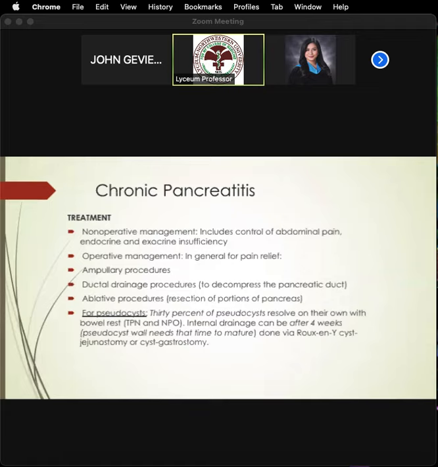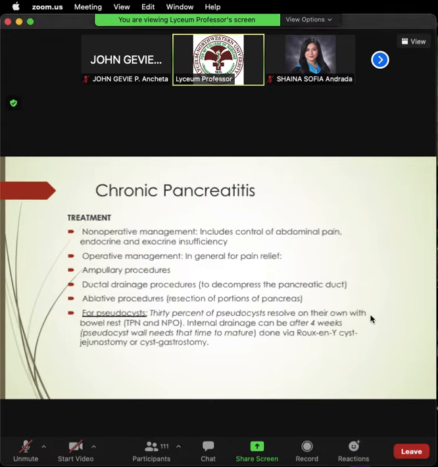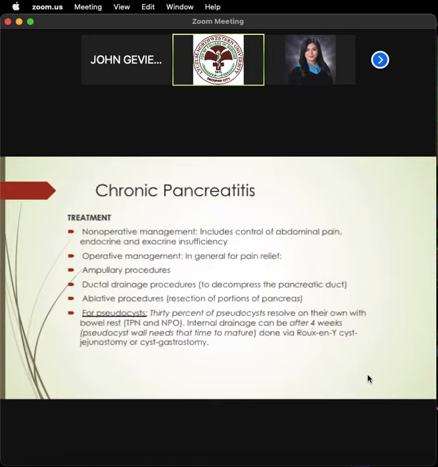So how do we treat chronic pancreatitis? Of course, there's the non-operative management. You control the pain, and you also address the endocrine and exocrine insufficiency. Ampullary procedures, you could do opening of the ampulla, ampulectomy, then you extract the stone. You could do ductal drainage, ablation, and for pseudocysts, the complication,